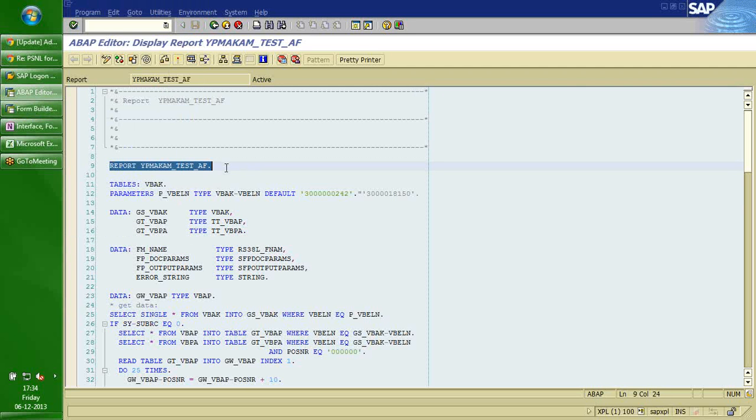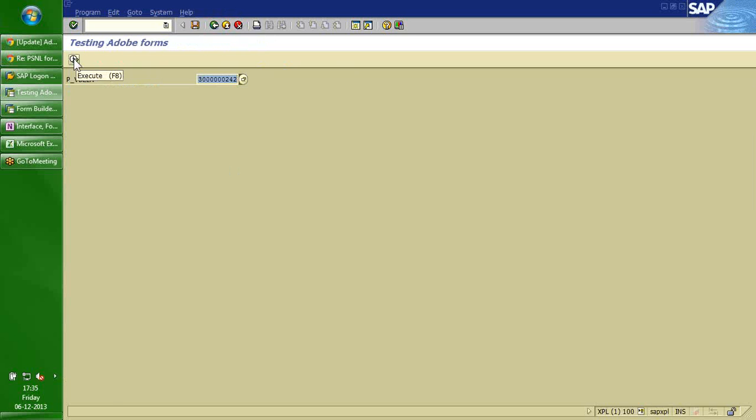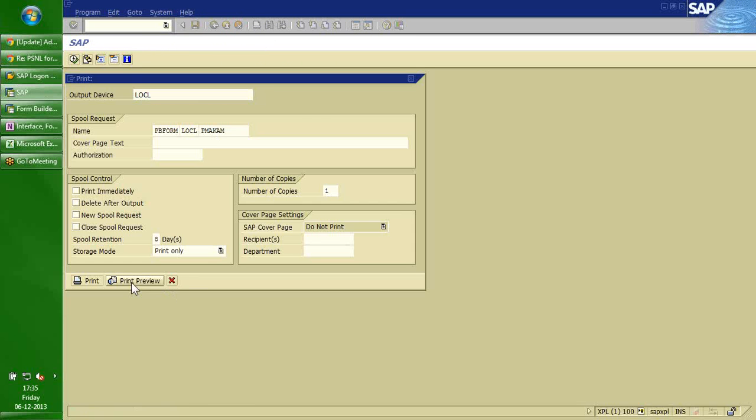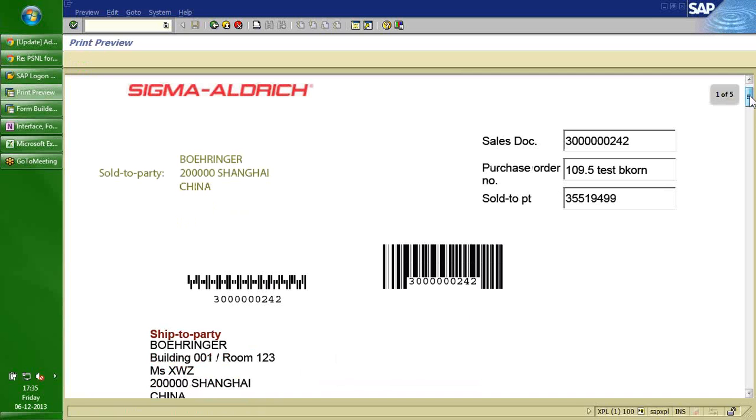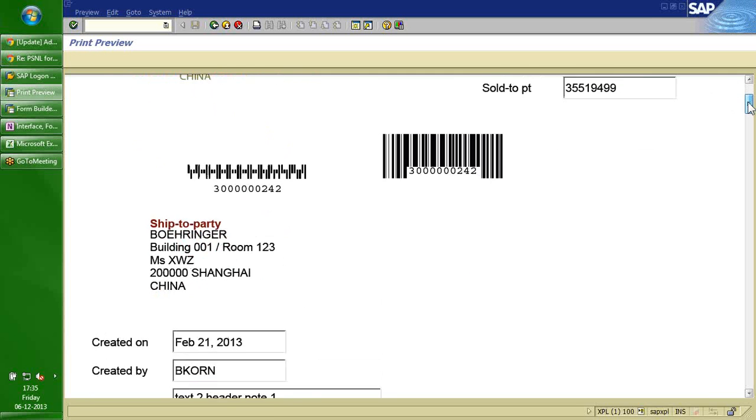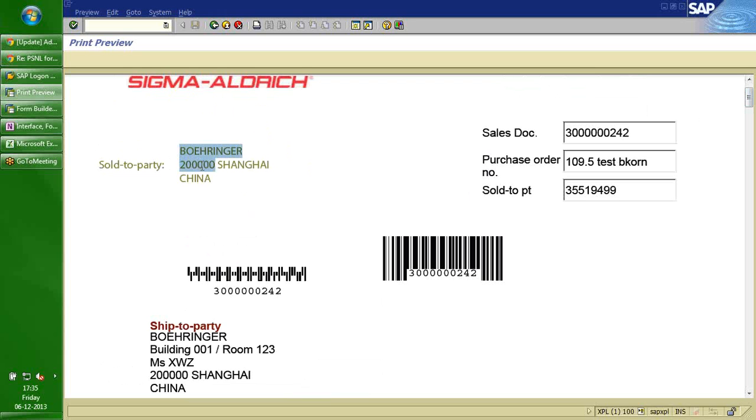And today I'll start with the print program and the parameters. Let me show this one. I just created a test program. I'm giving a sales order number. Now this is what I just created. I'll redo the same thing in the demo. I took a sold-to party, and this is an address, and this is the sales document header information, and I took the same document number into the barcodes, and ship-to party is one more address, and the Sigma Aldrich logo,